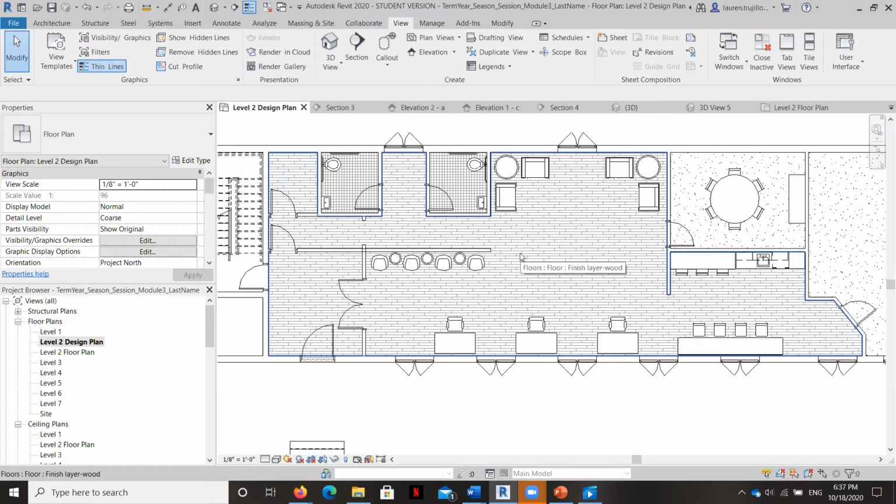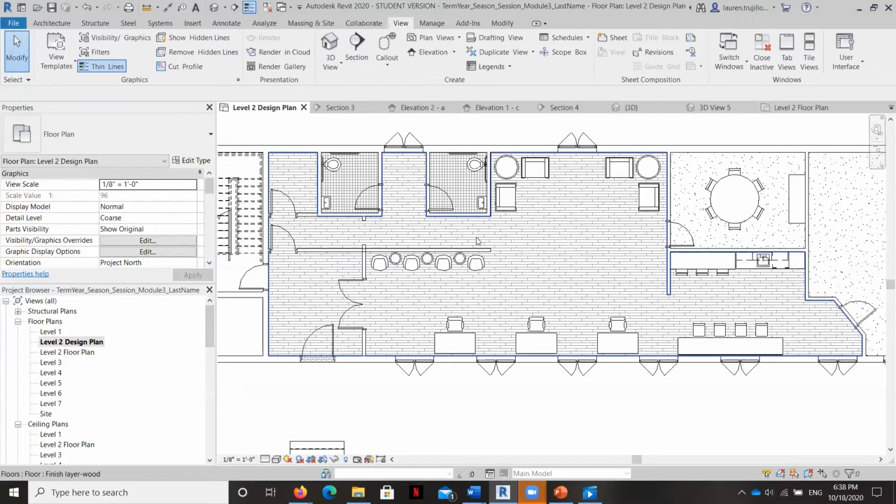Now, the sweeps in Revit are related to wall types. So if you want the sweeps to behave differently on different walls or in different areas, there's some customization that you can do, which is sort of tinkering down under the hood, so to speak, of Revit.